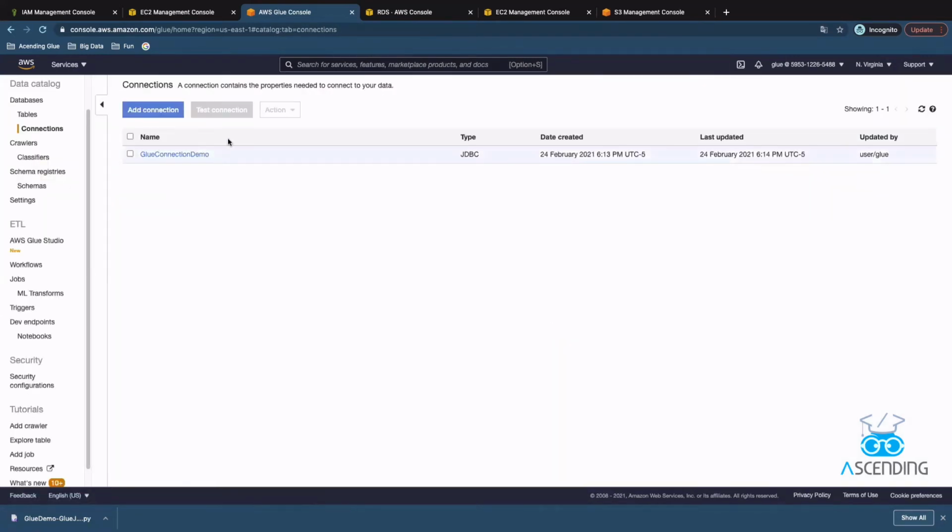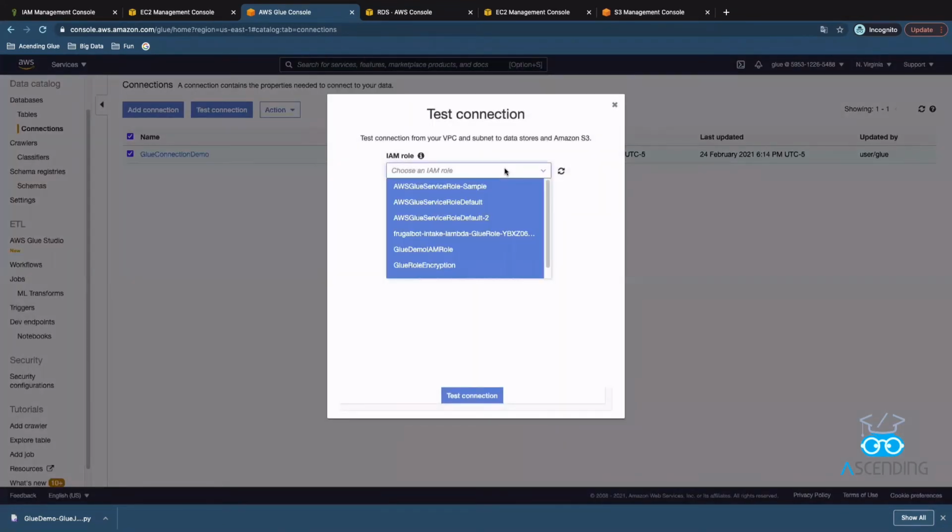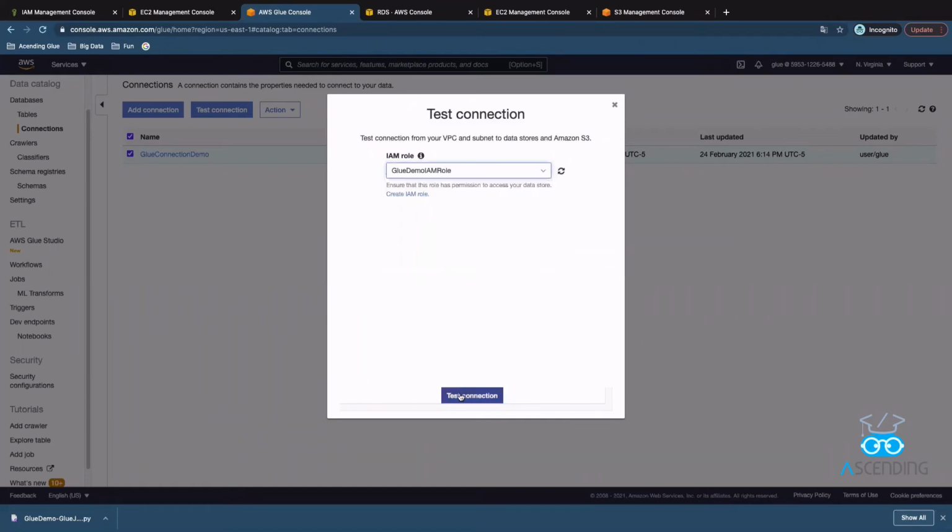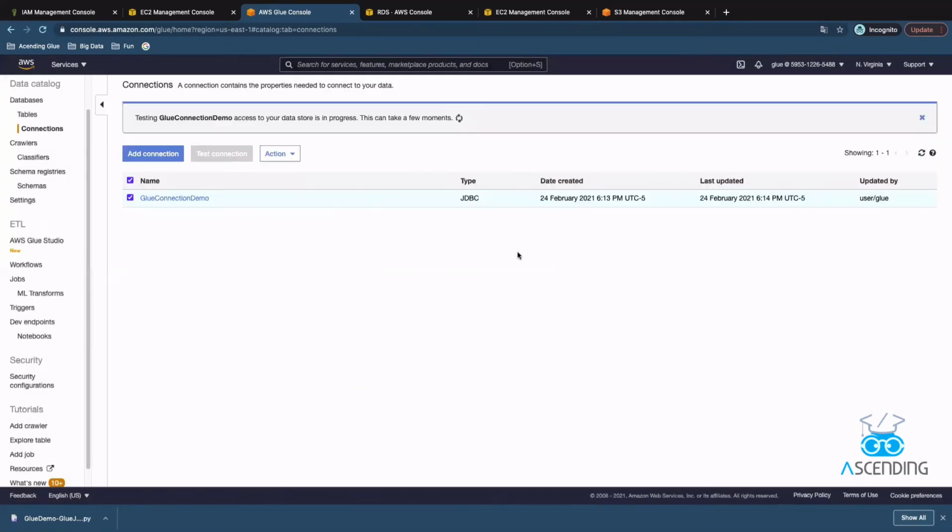Once the connection is created, we can test the connection with the IAM role that we created at the beginning. The connection has connected to the RDS instance successfully.